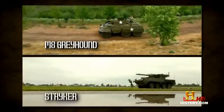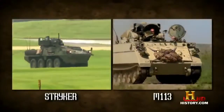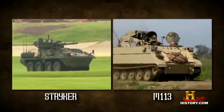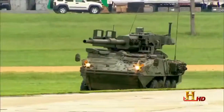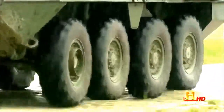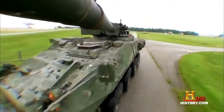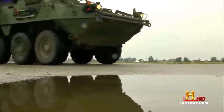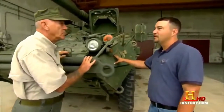It can be a recon mission vehicle like the M8 Greyhound, an infantry carrying vehicle like the M113, and even a medevac vehicle like the MRAP. So the Stryker really is the best of all previous AFVs rolled into one mighty vehicle. And it's still got the heavy firepower. Sure, you could go toe-to-toe with another tank, but...